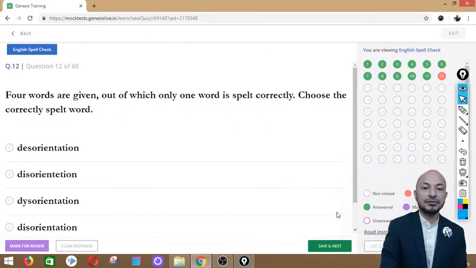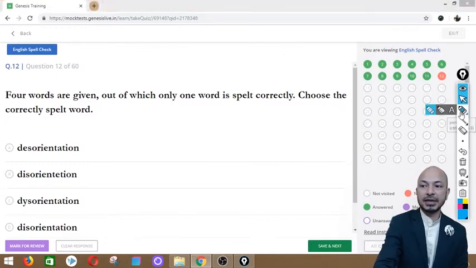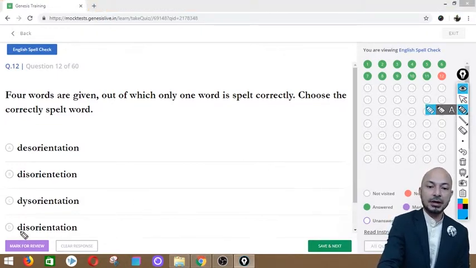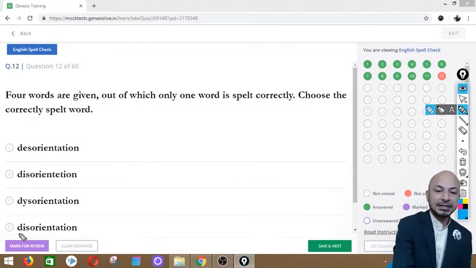This is question number 12, and the word is disorientation. So the 4 different spellings are DESORIENTATION. Second one says DISORIENTETION. The third one says DYSORIENTATION, and the last one says DISORIENTATION, and the correct spelling over here is option D,